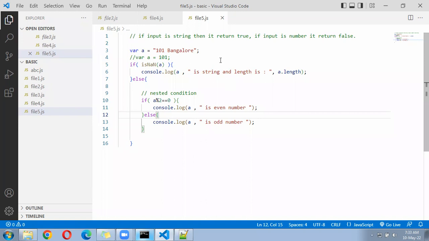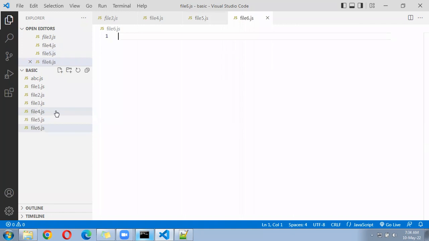The next file is called file6.js. Next example, file6.js. File6.js is based on switch case. Okay, so let's write here. Input a URL, input a value,